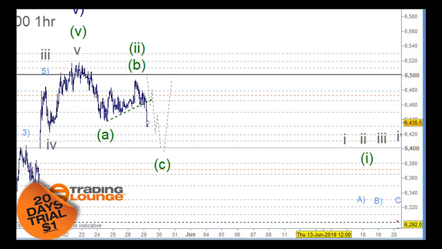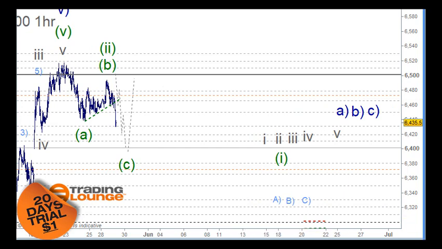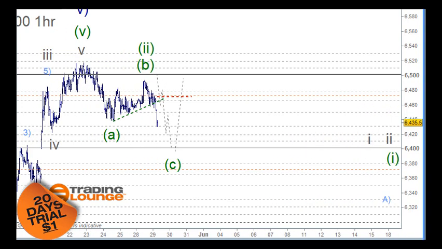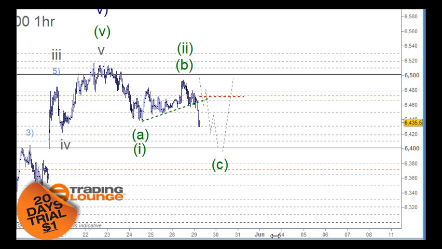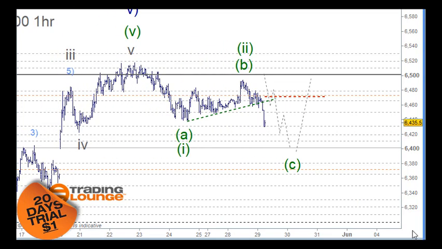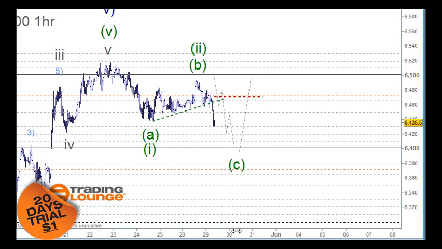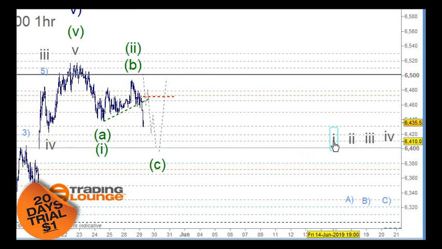So the main point here, if we've got a stop loss thing here, just grab this one, we really need to keep it just out of the way here for the time being. It's also possible that this is wave 1 here as well. I'll leave it there for the time being. But the important thing here is really to track this down here, so we can look at this here as wave. We'll look at this on the tick chart too in a moment, but wave 1 here, wave 2 here,